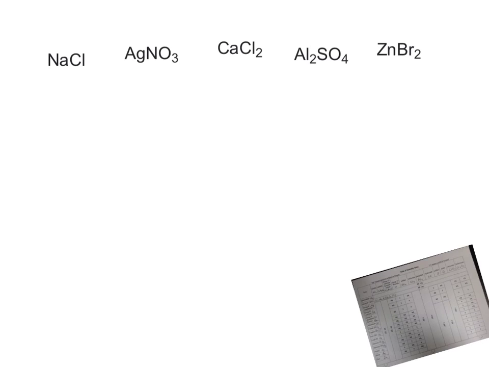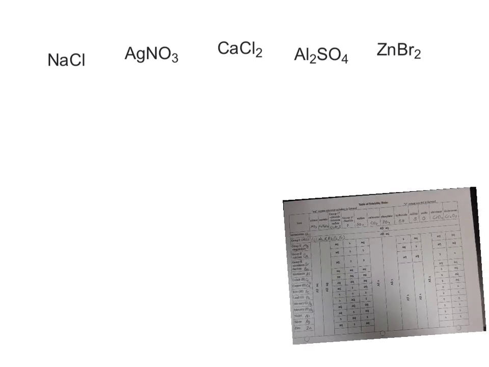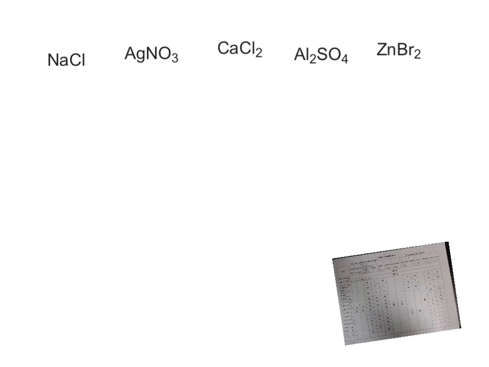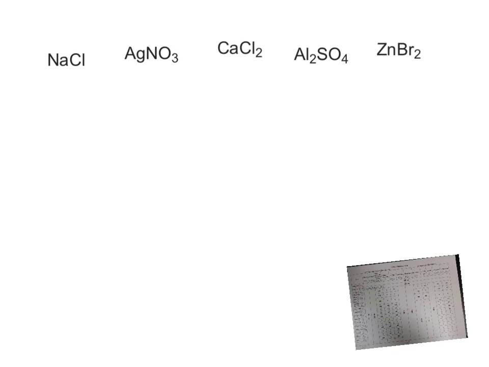This is from the unit review, putting it all together. Out of these 5 reactants, we're going to figure out if they are going to have a double replacement reaction happen. We are going to use our solubility table, this guy, and see if a reaction runs and we form a precipitate. So let's use NaCl